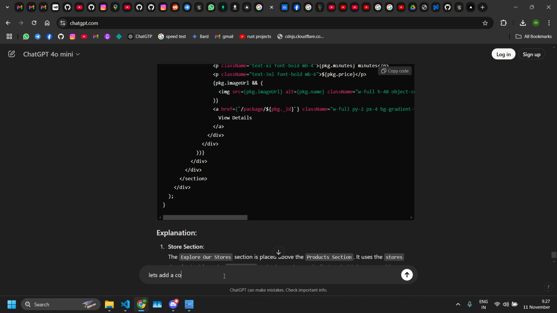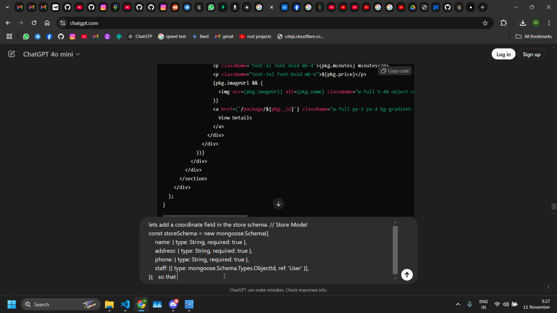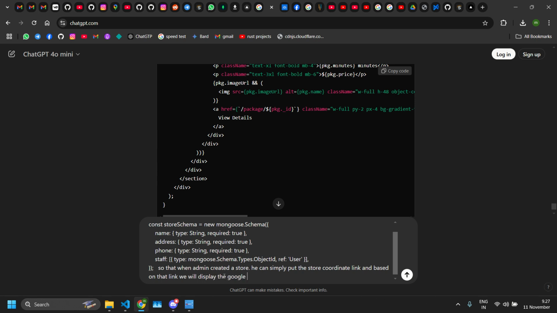Let's add a coordinate field in the store's schema, so that when admin creates a store, he can simply put the store coordinate link, and based on that link we will display the Google map for each store,